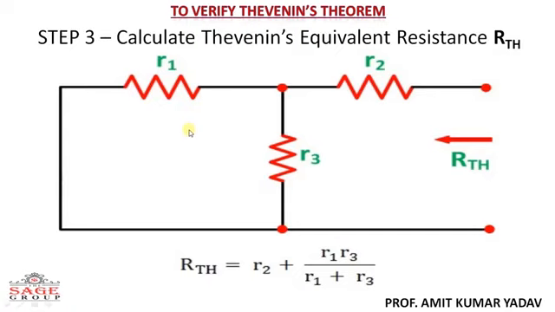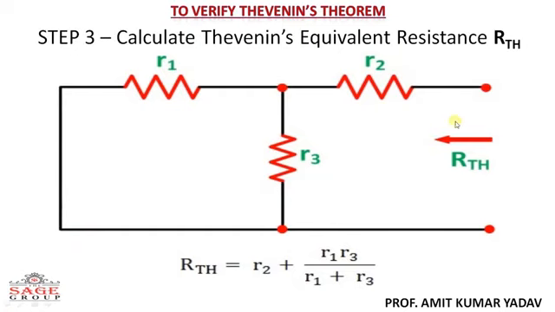Suppose you have a voltage source, then just short circuit its terminal, and suppose you have a current source, then open circuit the terminal of the current source. Now in this circuit, as you know that it has only one single voltage source, so I have removed that voltage source and short circuited its terminal here.